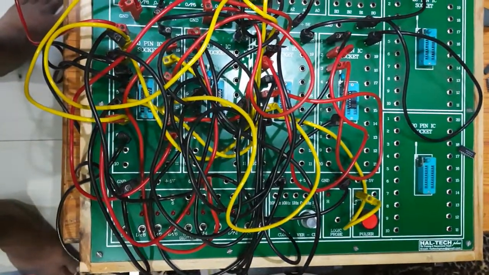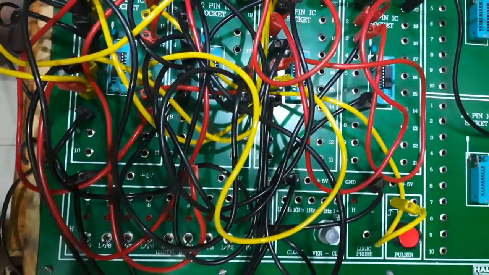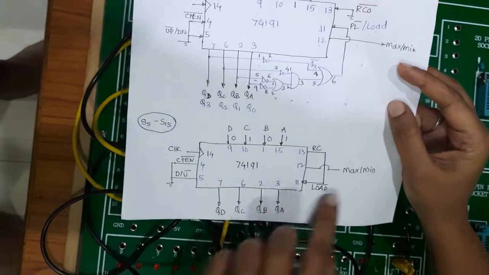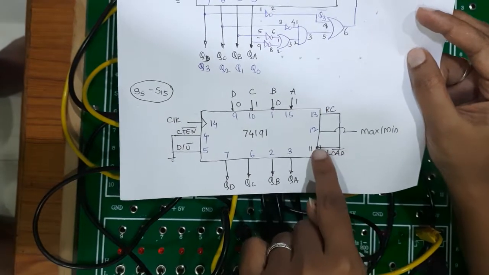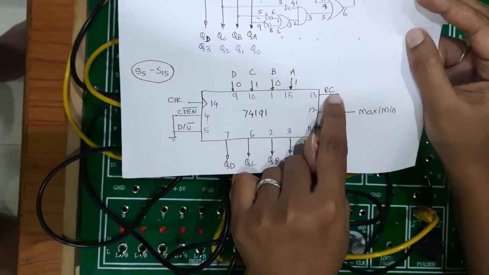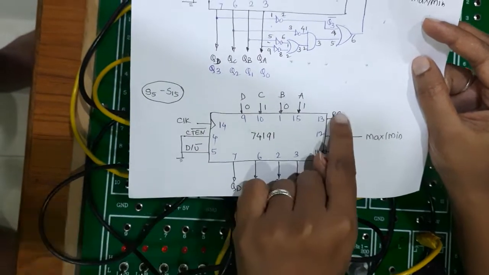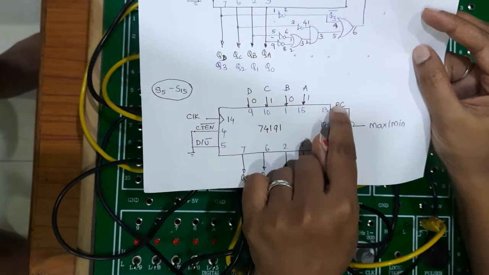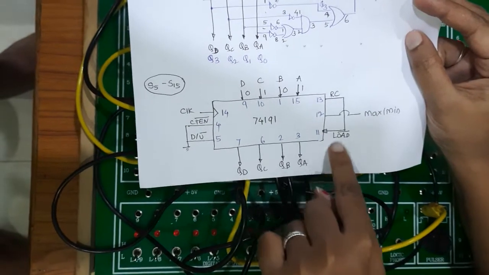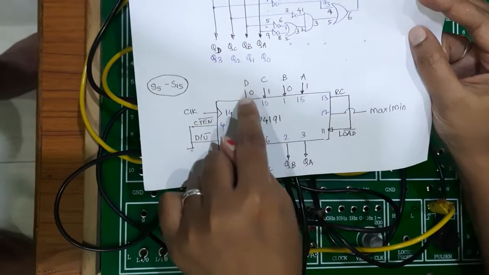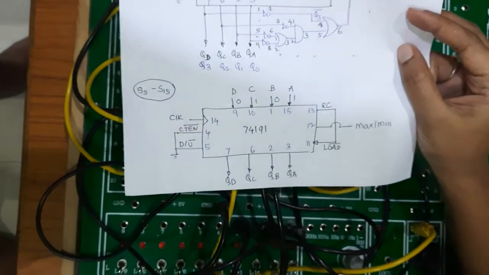Now the second circuit, in which it starts from any intermediate state and ends at state 15. Using this 74191, this method, that is interrupt on terminal count, that is whenever a particular count, the terminal count, is reached, as I am using an up counter, that means the terminal count is 15. Whenever the terminal count is reached, RC will go low for a single clock pulse. On that clock pulse, this load bar gets activated, and whatever inputs are given on these pins, the circuit will be loaded with that value. So using this, we have implemented this.